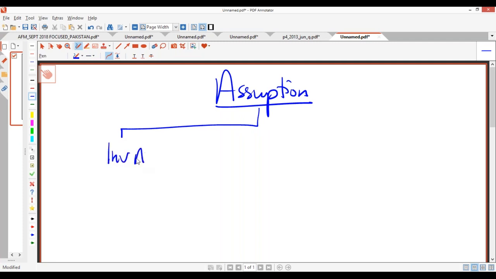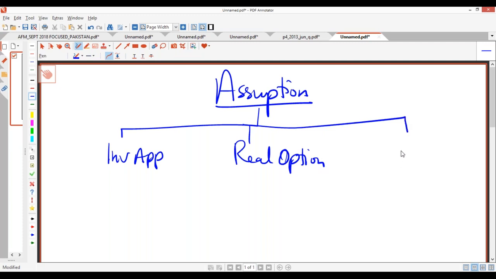Okay, assumptions on investment appraisal, that includes foreign investment appraisal. So here we're bringing investment appraisal plus foreign investment appraisal. Assumptions on real options. Assumptions on business valuations. These are the three common assumptions that your examiner likes to ask. If an assumption is going to be there, at least 5 marks is yours. Plus the 4 professional marks, you already got 9 marks. You just need 41 marks to pass this paper.